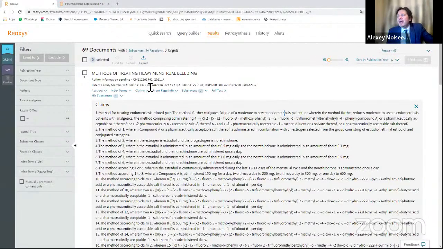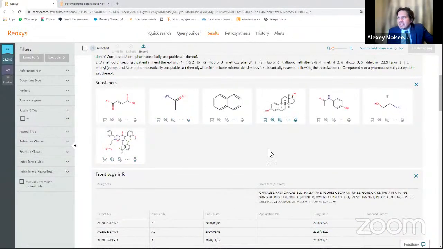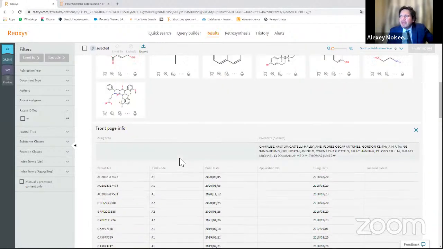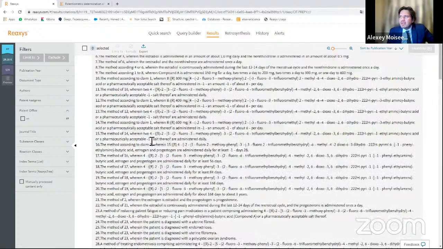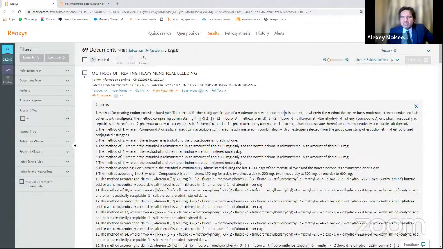And of course, we are also extracting information about substances and reactions that exist in this document. The same story with articles, so you can understand what the document is about, what the topic is, without reading it. You understand which chemical substances and which chemical reactions are in this document. So it's easier for you to find information that is interesting for you. Okay, let's go.